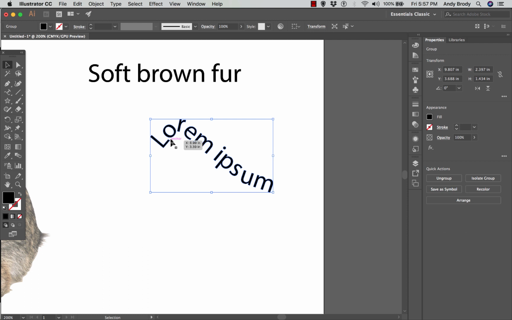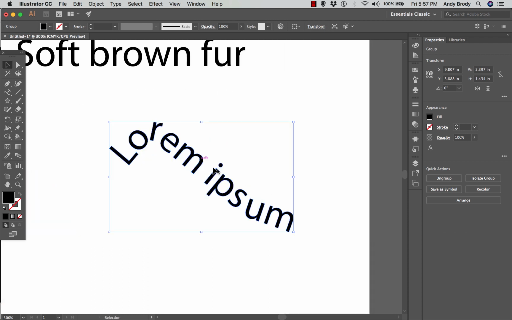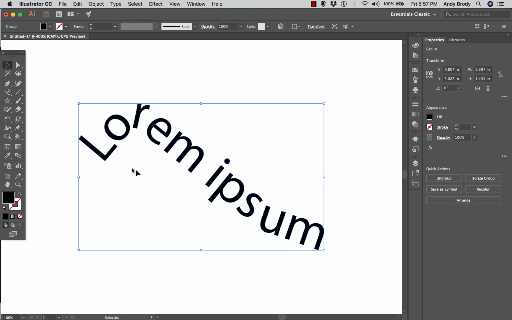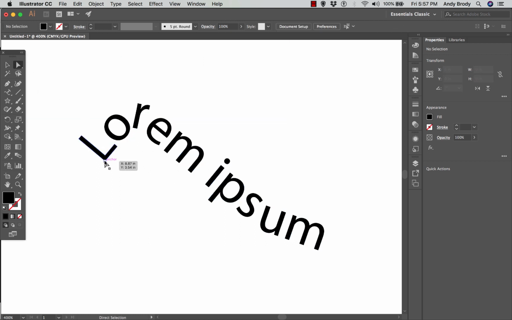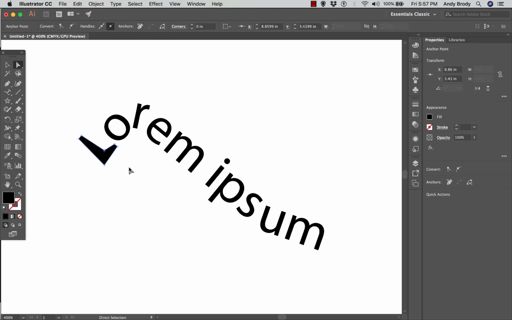Each of these becomes its own little piece, and you can also come in and fiddle around with the fill and the stroke to be whatever cool effect that you want. And that's a lot harder to do if you haven't created it as paths. Now the only trick here,